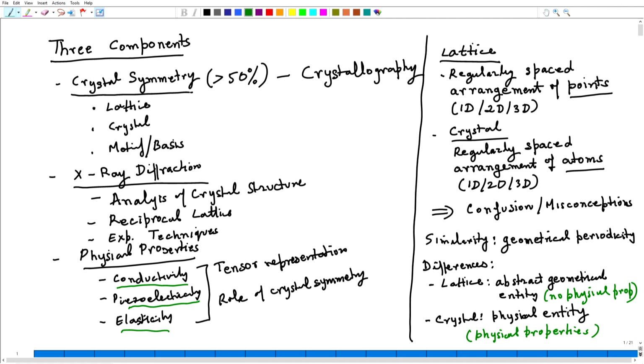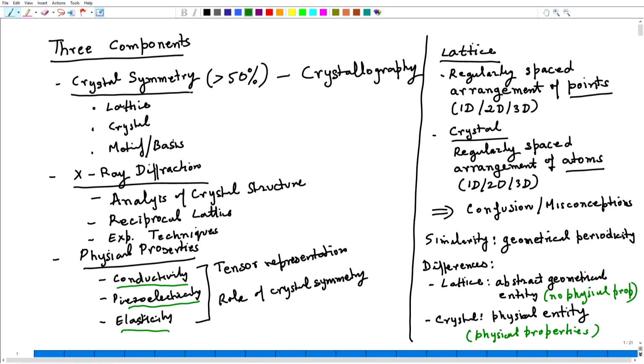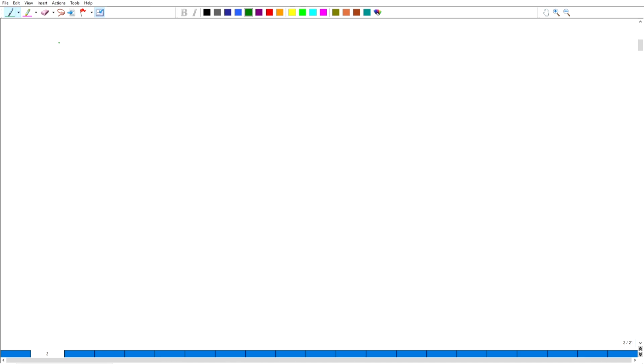One case, that is an abstract entity, only a bunch of points in space. In the second case, they are atoms. But then the next question that arises is, then because these two things are confused so often with each other, the lattice and crystals are used interchangeably, which leads to all kinds of confusion and misconception. So, here my job is to make it very clear that a lattice is a different thing, a crystal is a different thing, but the question that comes is, what is the relationship between the lattice and the crystal? So, we come to the relationship.